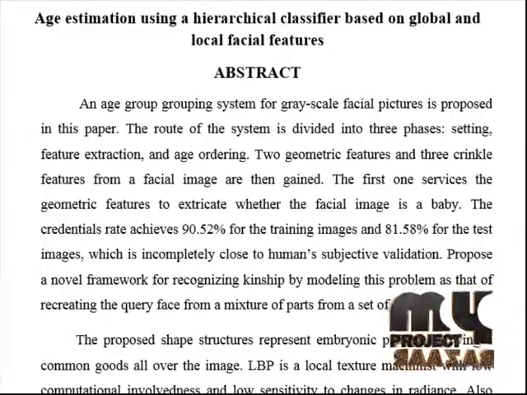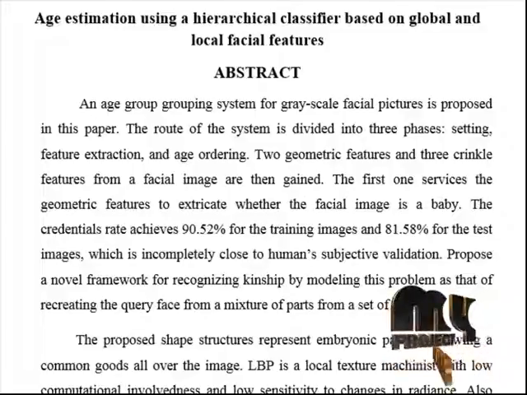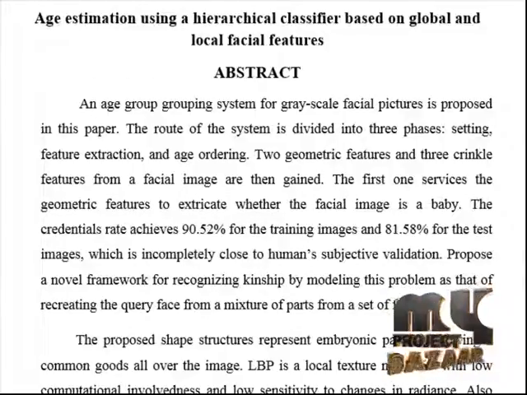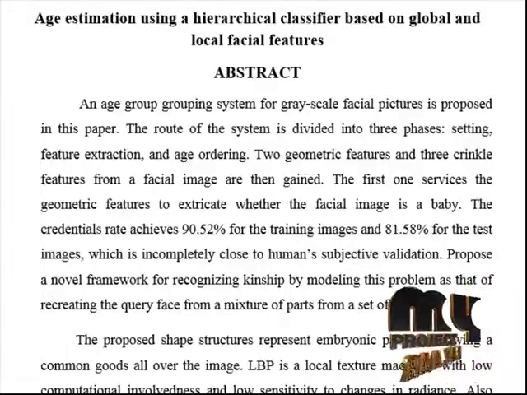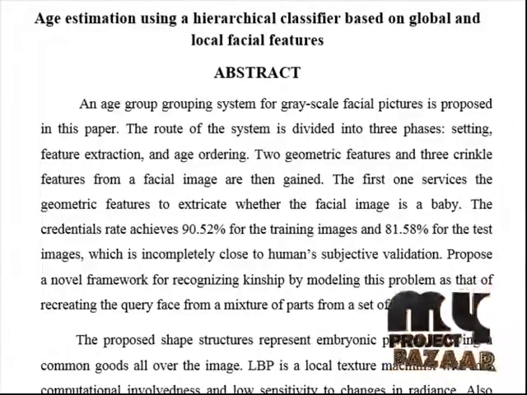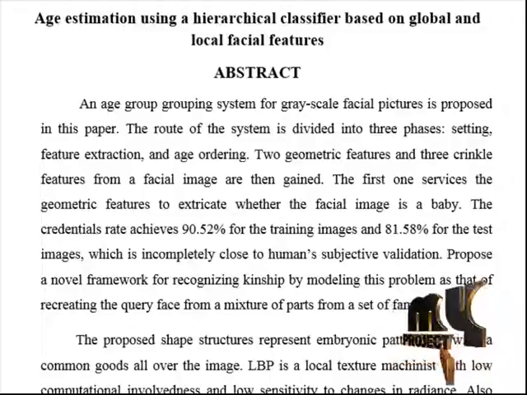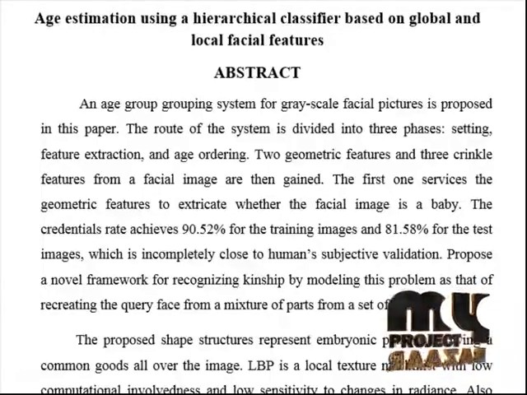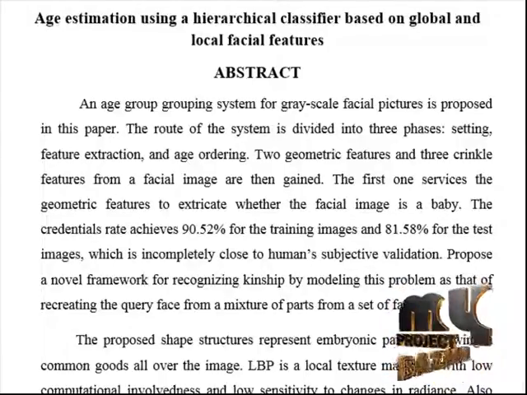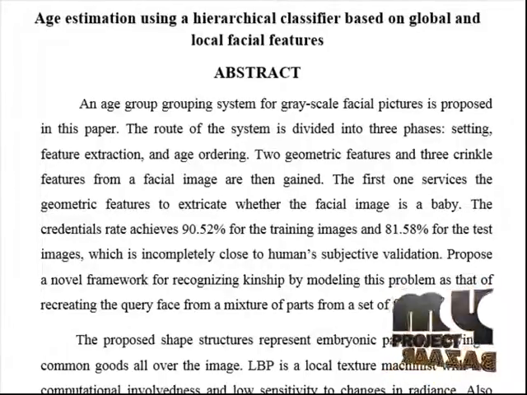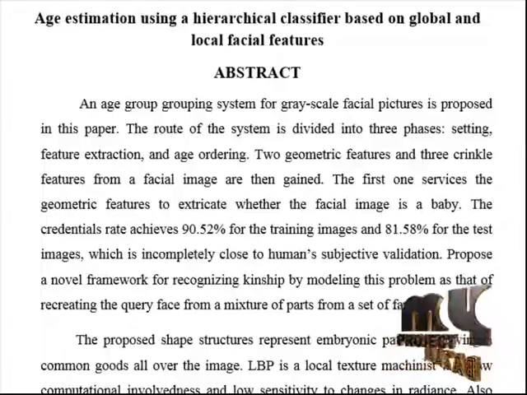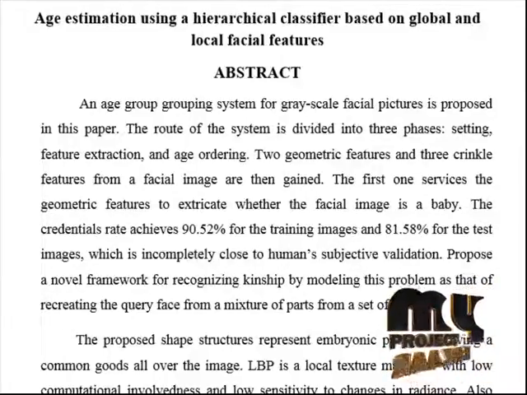An age grouping system for grayscale facial pictures is proposed in this paper. The system is divided into three phases: setting, feature extraction, and age ordering. Two geometric features and three wrinkle features from a facial image are then gained. The first network employs the geometric features to distinguish whether a facial image is a baby. If it is not, then the second network uses the wrinkle features to classify the images into one of three